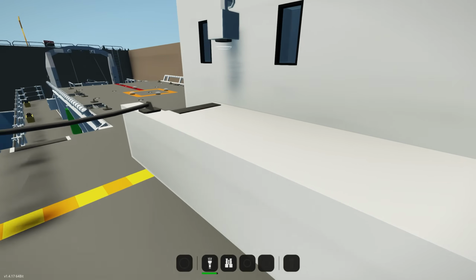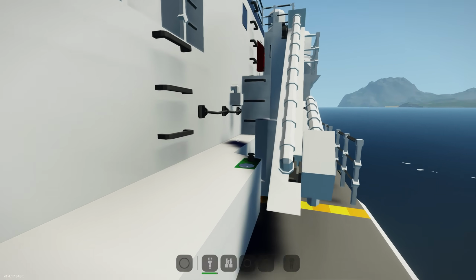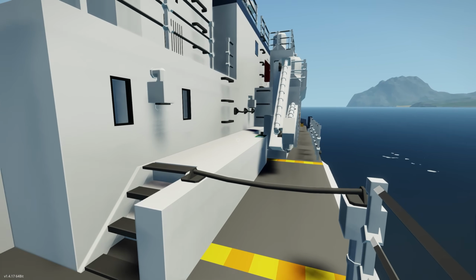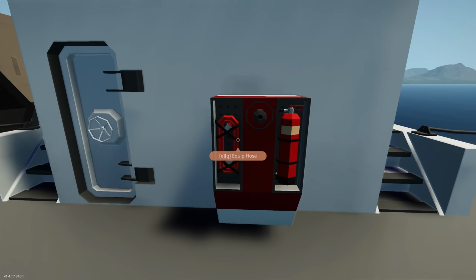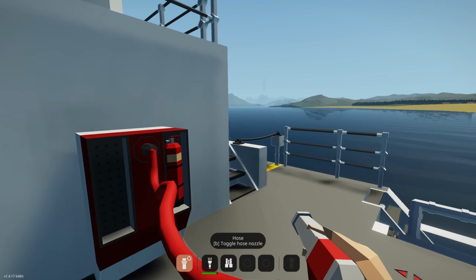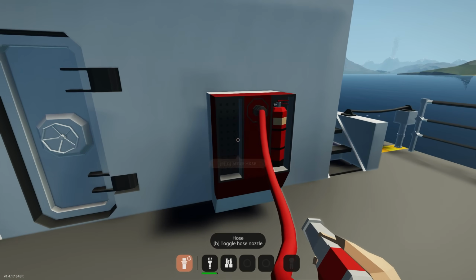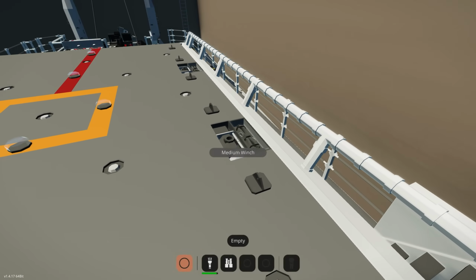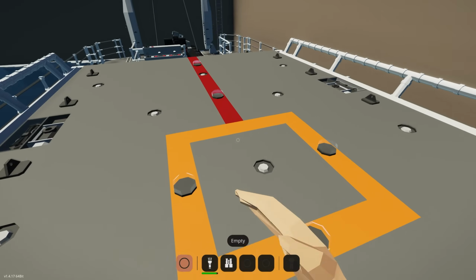So what we can do with that, I guess it's really up to you. Maybe hold a little boat or something. Possibly. Looks like we've got some firefighting equipment here. Possibly you can just go and attach there. Press B. Yep, and it works. That's very good. We've got some winches that we can go and tighten around the decks as we helicopter for